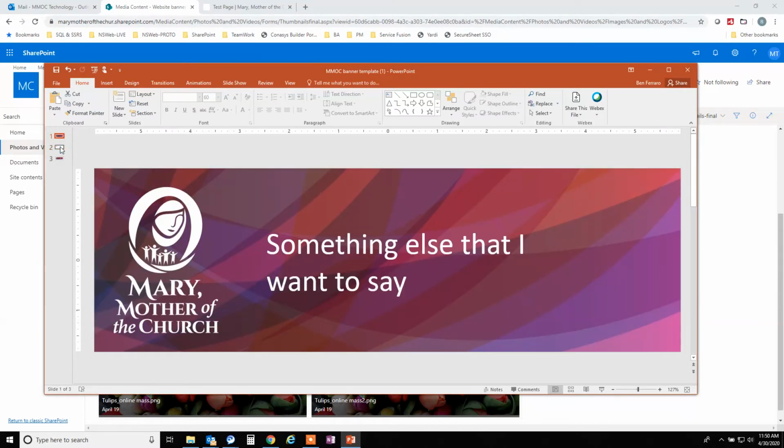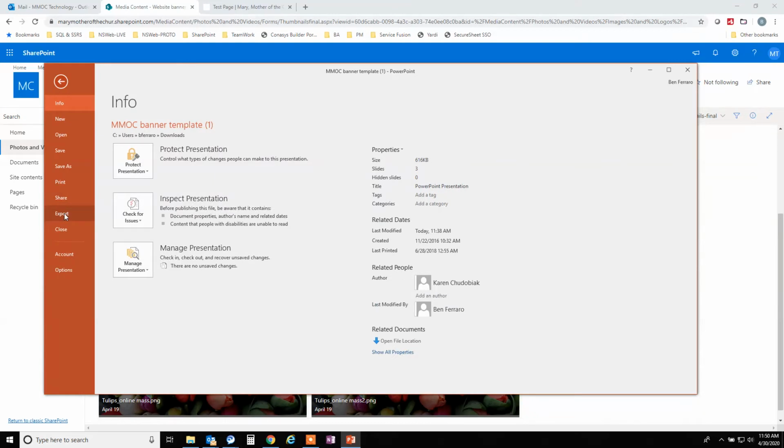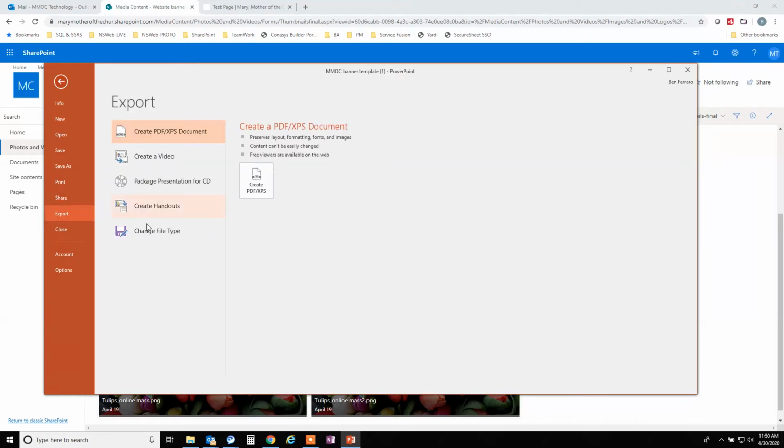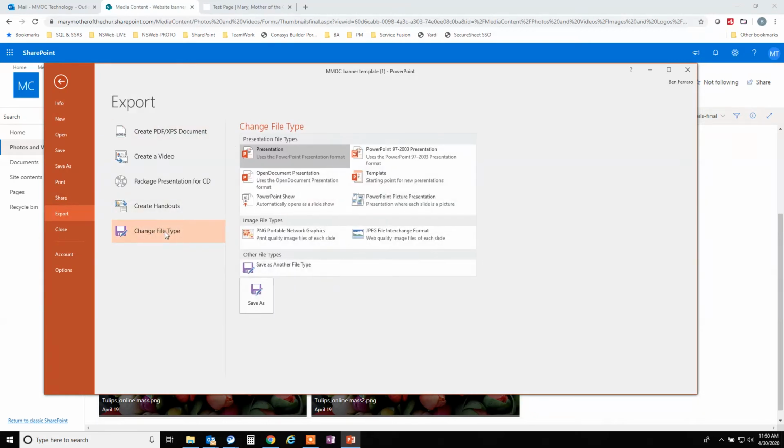Okay. Now, to take these slides and make an image from them that you can use to upload to the site, there's a quick way to do that from PowerPoint. Because these are sized proportionally in an ideal way, all you need to do is go under File and choose to export, and you'll want to change file type. So from here, you'll choose change file type, choose PNG,